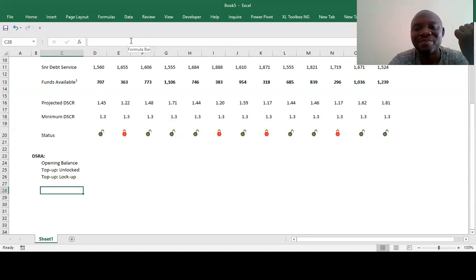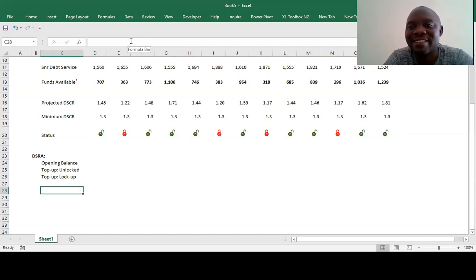But then the first one, you failed to finance the project. You don't have sufficient funds. The other one, where there's lockup, it is where your debt service cover ratio is more than one, meaning that you are able to finance the debt service.